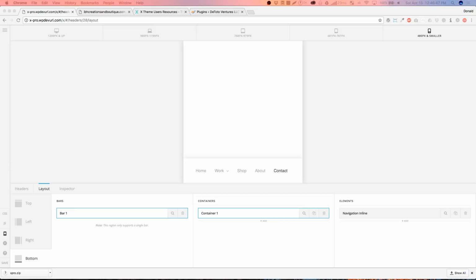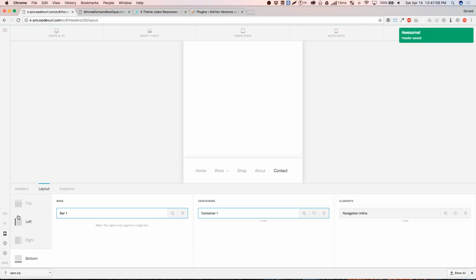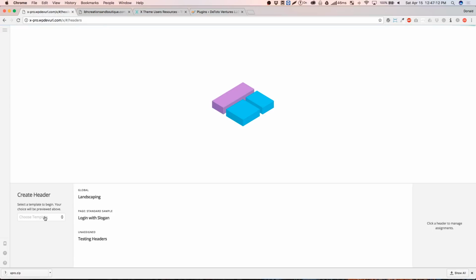Did you address how to have the same header appear in mobile? I have a header I created where it appears when I view it on my computer, but when I view it on mobile, it's different. Sorry if I pronounced your name wrong. If you are using one of the demos or templates that are on ThemeCo, make sure that you delete their mobile part of it, because if you're just editing the desktop version, let's see, for example, if I go to standard left,